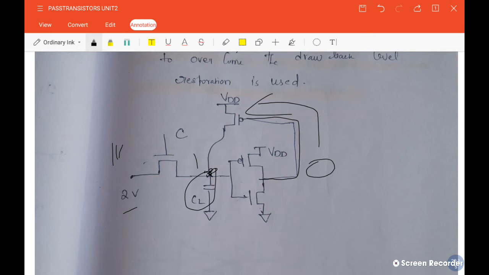We know the PMOS is connected with VDD. So with the VDD voltage, your node will be charged now. The VDD may be 2 volt, so you can keep the VDD value as 2 volt. So at any time, whenever the output of the NMOS pass transistor is high, it is always maintained at the level of VDD. To the value of VDD, your load capacitor will be charging. So your output level is not deteriorating, with the help of this level restoration circuit.